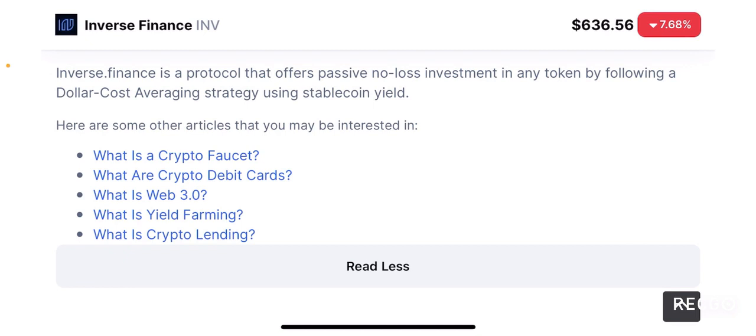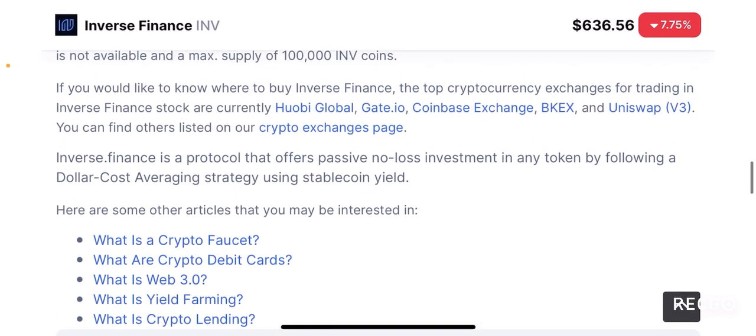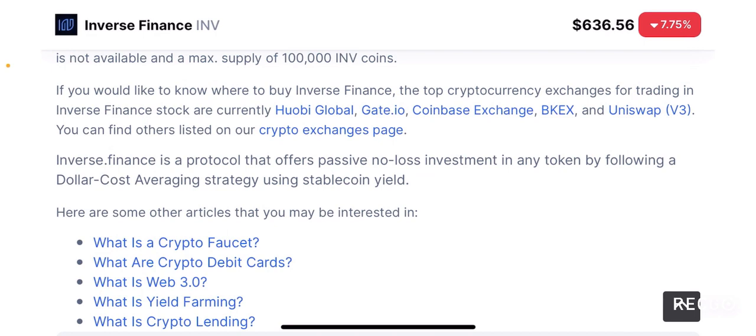So you can use dollar cost averaging, which is a very popular strategy, in order to buy a cryptocurrency over an extended period of time, in order to take an average price of its ups and downs during a given period, right? So that strategy is one of the main strategies that they're using in order to earn passive income with the no loss investment strategy using stablecoin yield. So you can use the stablecoin yield through their platform in order to earn passive no loss investment using dollar cost averaging strategy. So now that we have the basic overview of this project from CoinMarketCap,